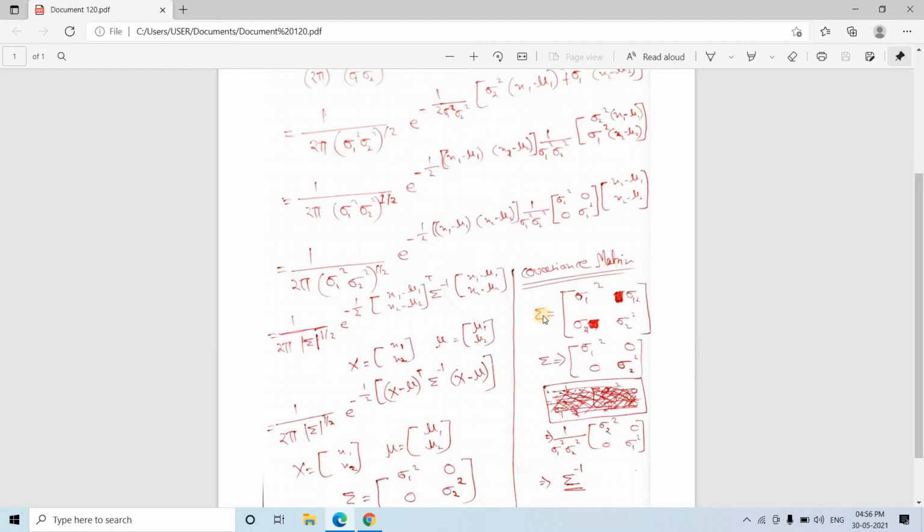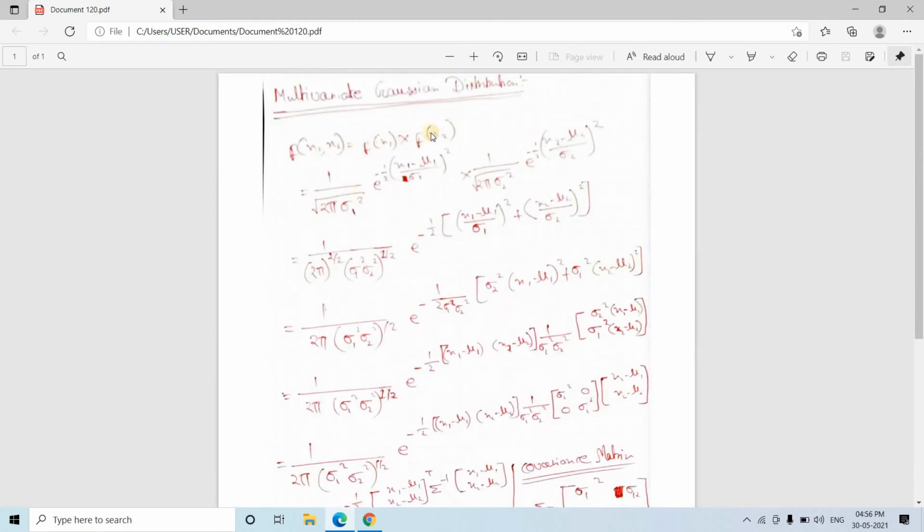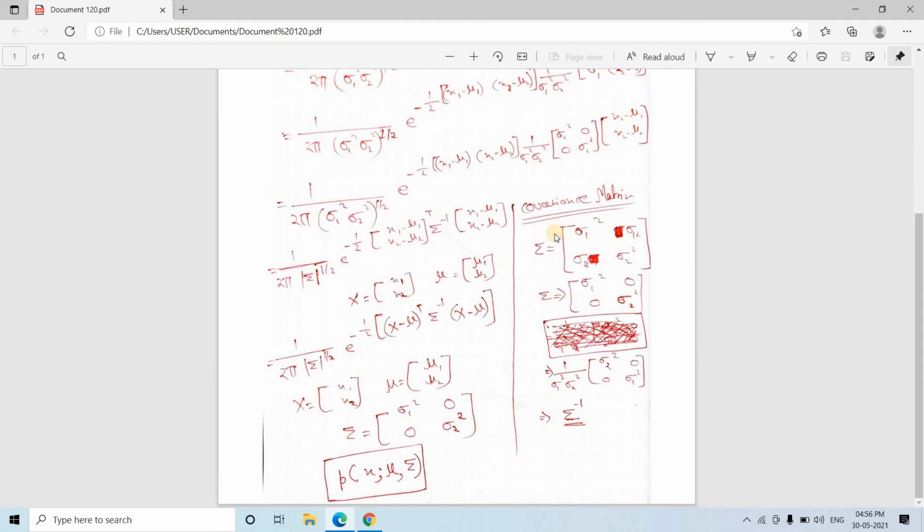What is the covariance matrix? If the covariance matrix is denoted by the summation symbol, that is equal to sigma 1 square, sigma 2 square diagonally. Diagonally it will be variance, right? And here it will be basically covariance. So this will be sigma 1 2 and this will be sigma 2 1. Now I have told you already here x1 and x2 are not dependent. Okay, x1 and x2 are basically independent random variables. So basically the covariance matrix will be a diagonal matrix. The sigma 1 2 and sigma 2 1 will be 0. So I have done that one only.